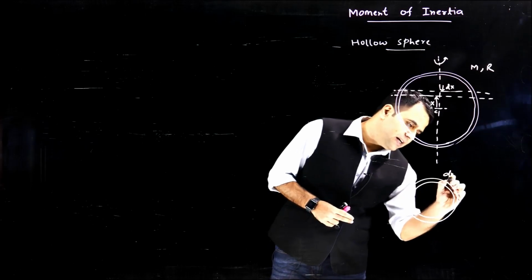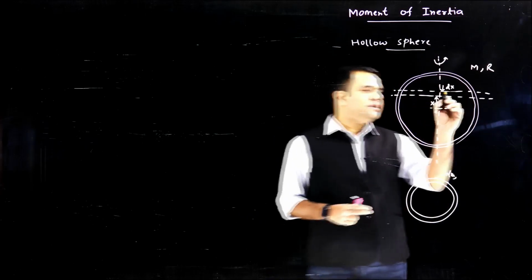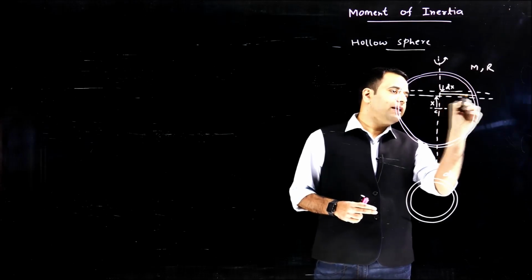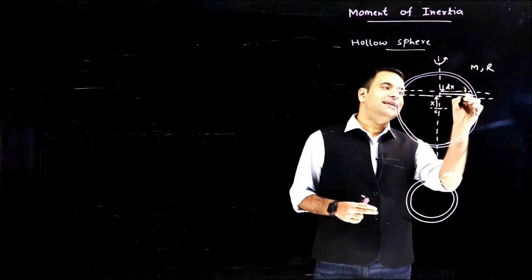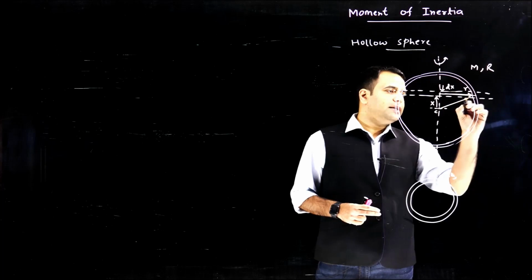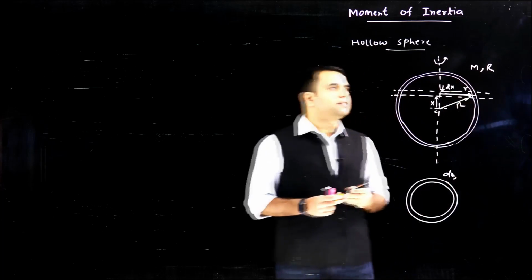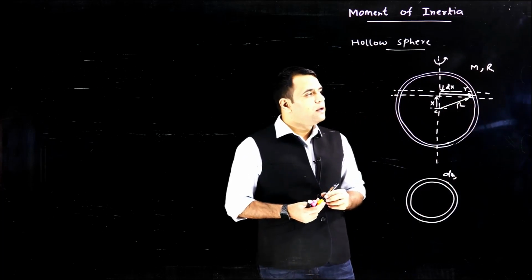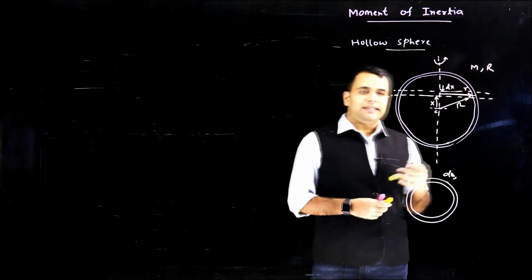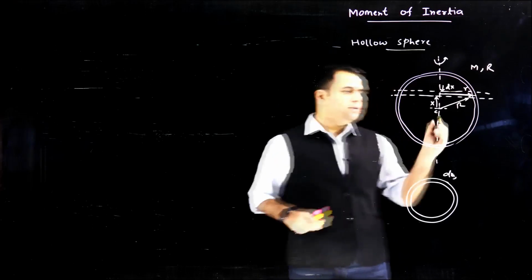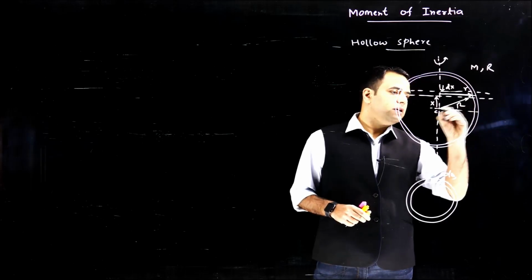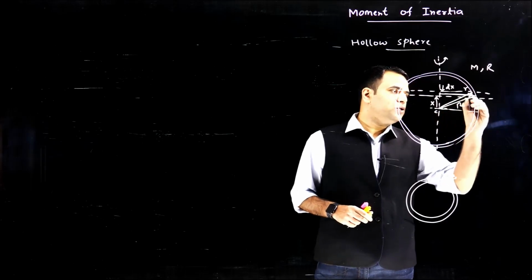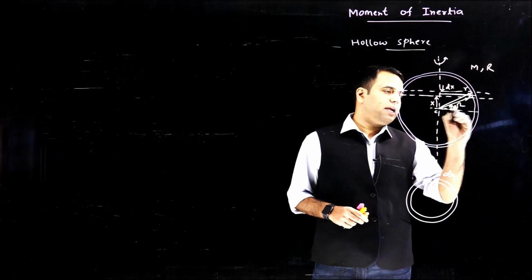Let's cut this element and bring it out. We have a ring of mass dm, and the radius of this ring, which we have to calculate, I'm calling small r. The whole radius of the hollow sphere is capital R, and we have moved by a distance x. One more thing we can do: if I join these two points of the element and calculate the angle,